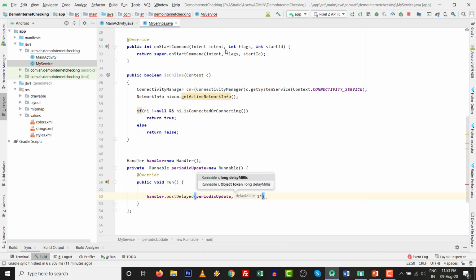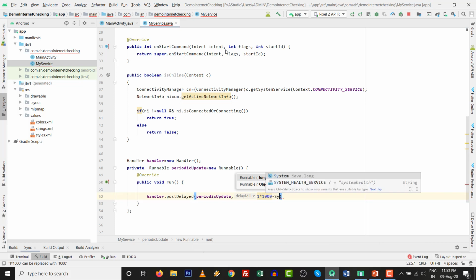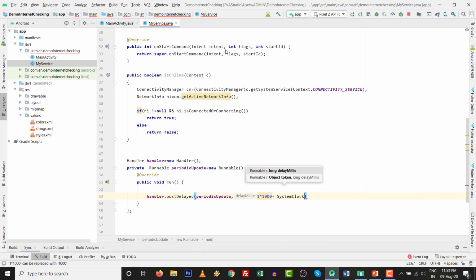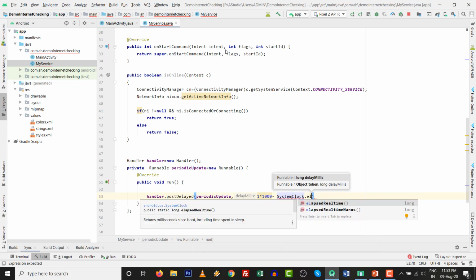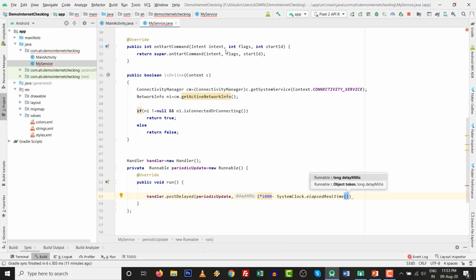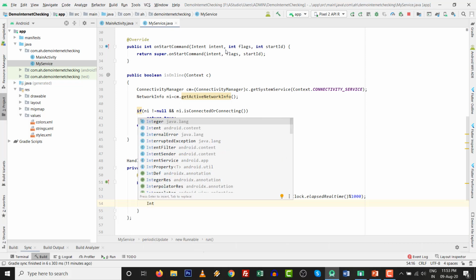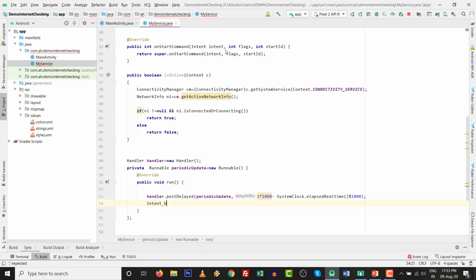I want to check every second, so 1000 milliseconds minus SystemClock.elapsedRealtime. Whatever the time, you can directly do certain coding over here. Likewise, I am making this code to check every second. So if internet connectivity is not there, it will instantly be affected. So I type a broadcast intent, which will directly connect to another string in the main activity. Press semicolon and